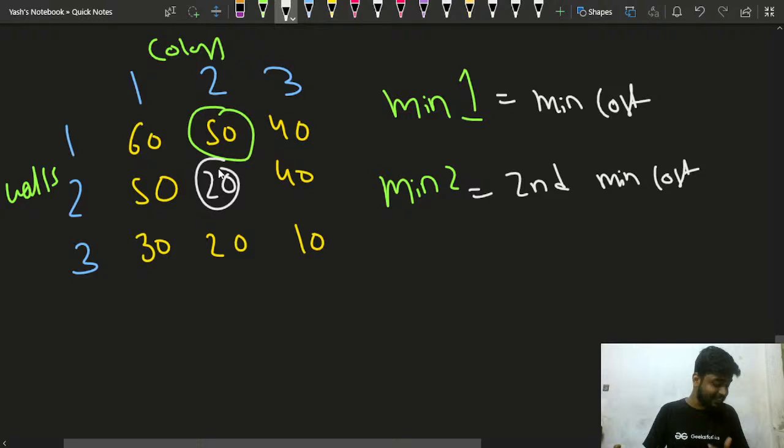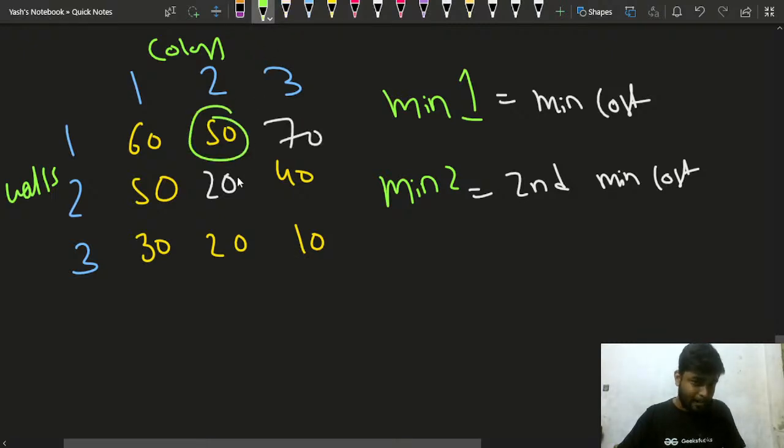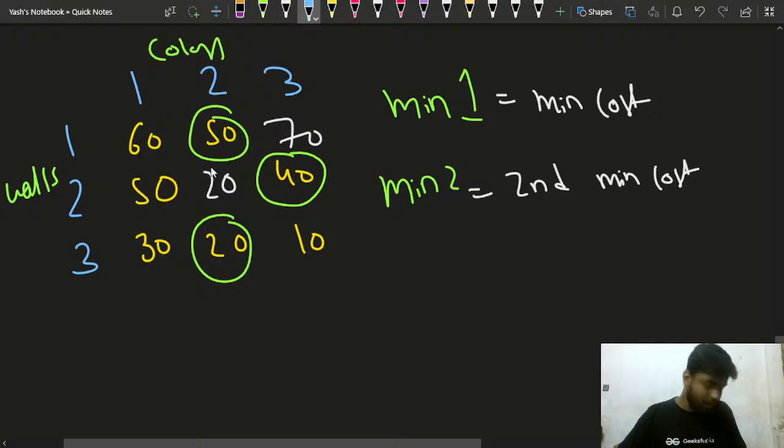Ritik Kumar, you're clear with this part? If you try to be greedy, for every level you will try to choose the minimum, right? Suppose this is 70, and if you choose this thing, then in the next step you choose this, and then maybe you choose this, but you are missing two of the things. You are missing this 20 and 10, which are much lesser values, right?